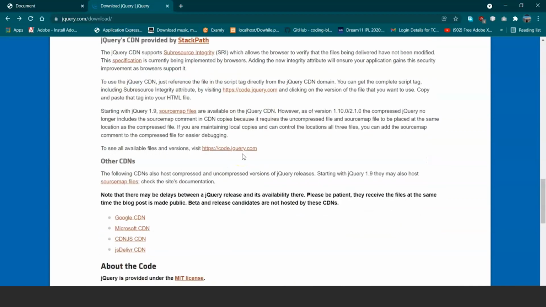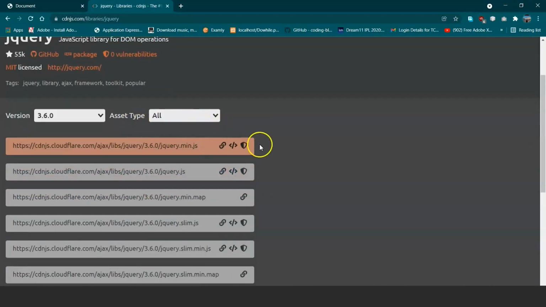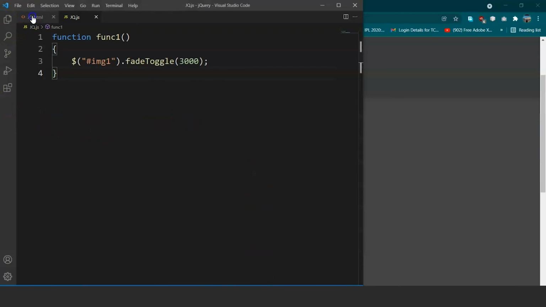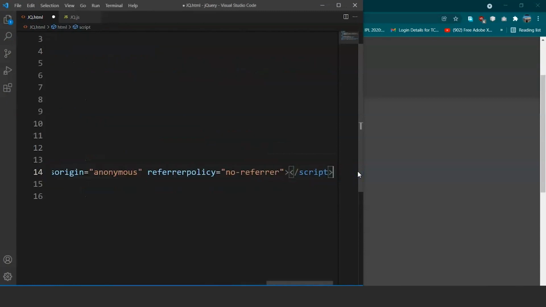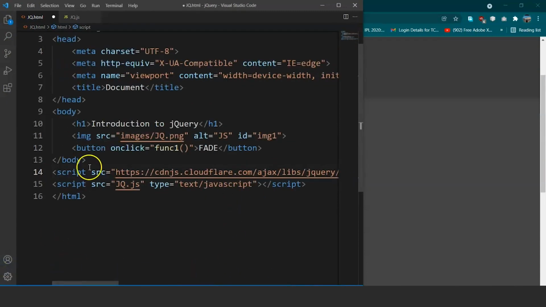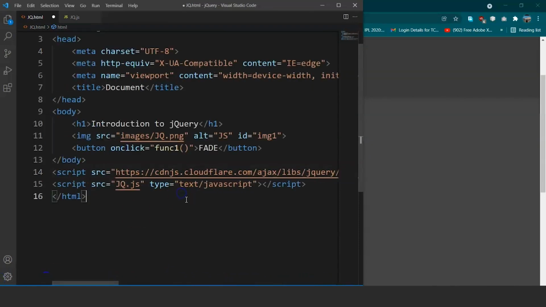So click on any of them from wherever you want to download. For example, we'll click on the cdnjs CDN. So we'll click on this and it will take us to a new website. Copy the link from here with script tags. If you click on here, it will say copy with script tag, right? So we have to copy the link from here with the script tags and go to the JavaScript file. Place it in place of the script tag here. Now we'll paste it here instead of this script tag. Now we have written over here src as cdnjs.cloudflare.com and this is the whole path, and then we have integrity, crossorigin, referrerpolicy and all. Fine, save it now.